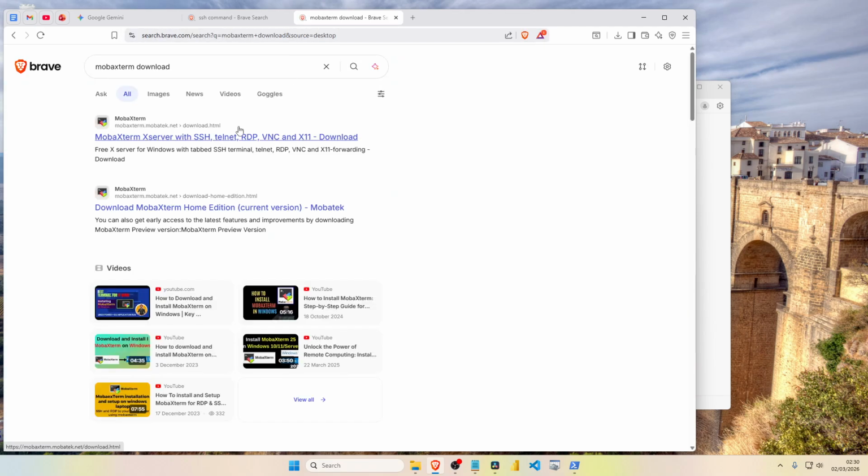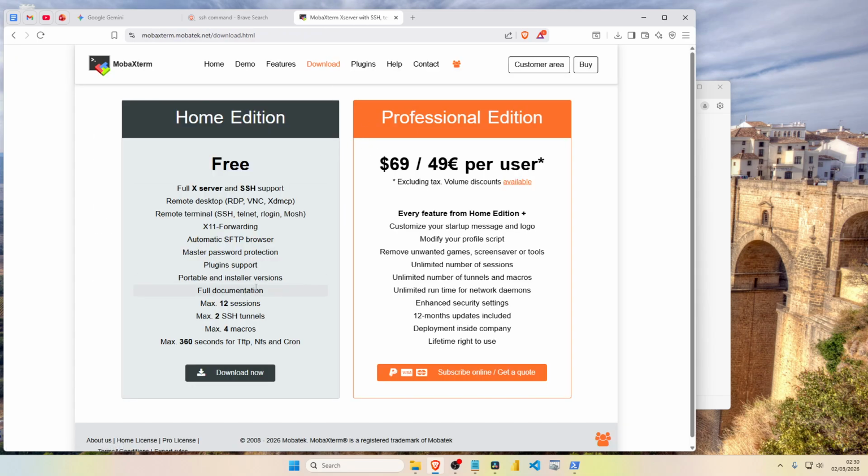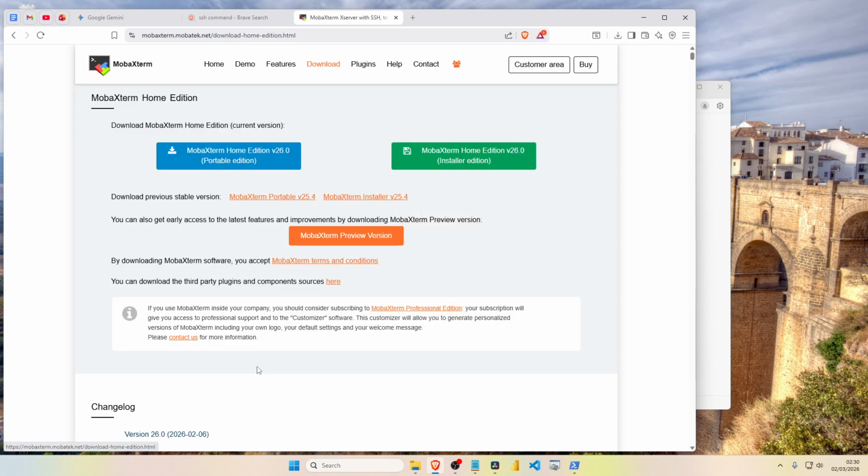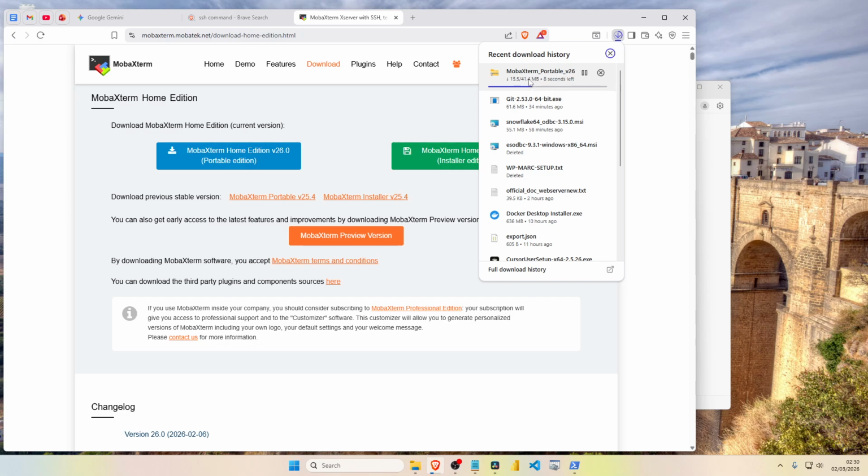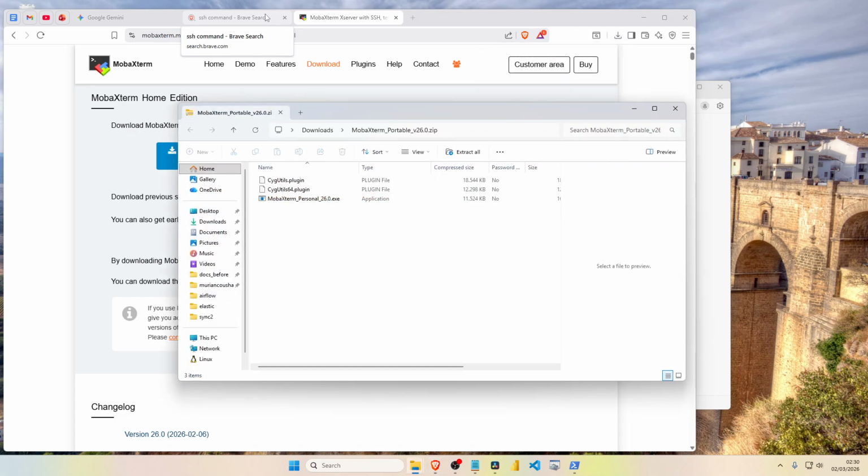easy to use and has a nice interface. So MobaXterm is doing that, and it's a free version for just you. I think portable would be just fine, and it's also not that big. So what does it do? If you have some kind of SSH connection to your Linux server or any Linux machine,